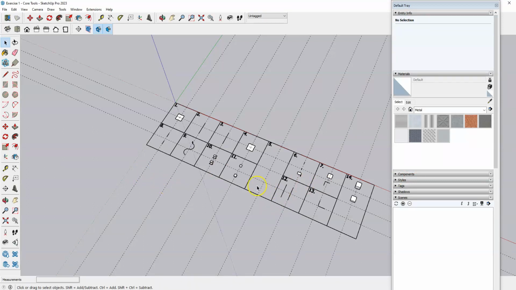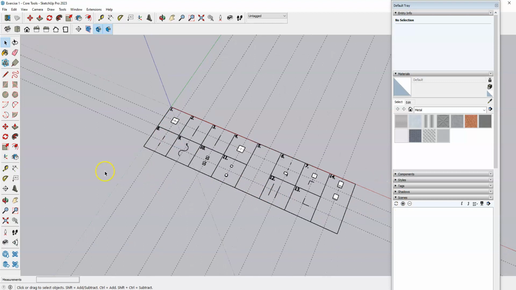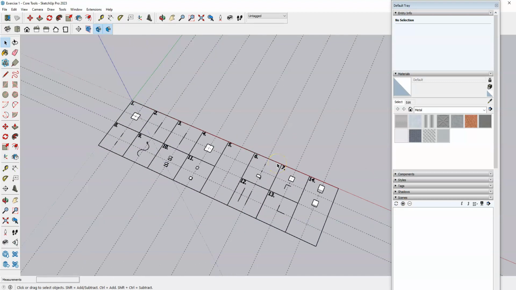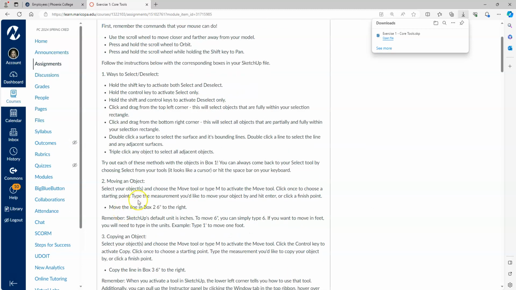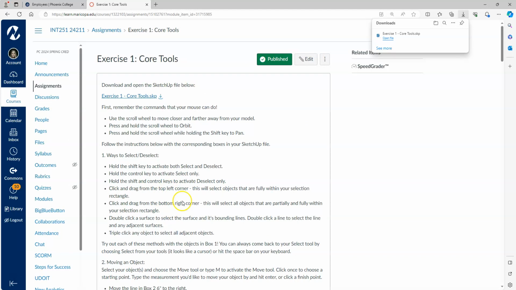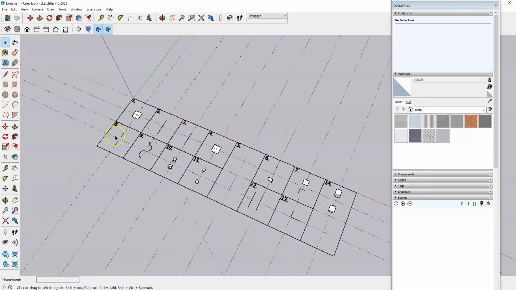And so in each of these boxes, there are 14 boxes. We're just going to test out some different tools. And then on the Canvas assignment, it'll go through what I want you to play with in each of the different boxes. And so we'll just go through that together here. So the first thing that I point out in your Canvas assignment is the commands that your mouse can actually